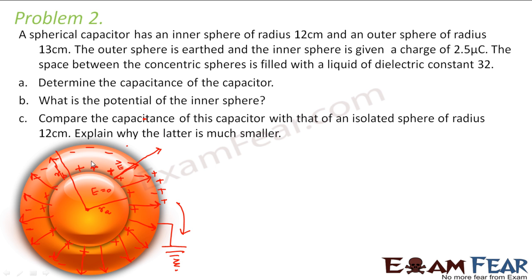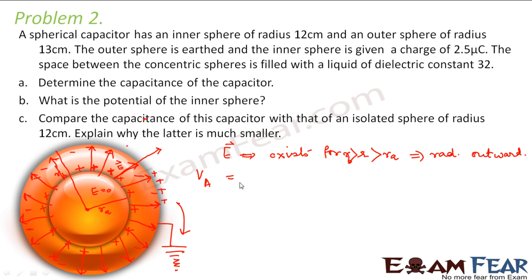So what did we see? The electric field exists between these two spheres and it is radially outward. So electric field exists for any R which is greater than Ra but less than Rb. So it exists only in this region and the direction is radially outward, right? Now we know the direction of electric field. Let us try to calculate the potential at sphere A. So first we will calculate potential at sphere A, then potential at sphere B, and then the potential difference between A and B.